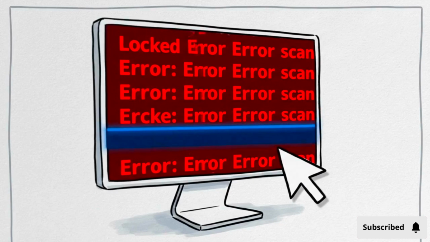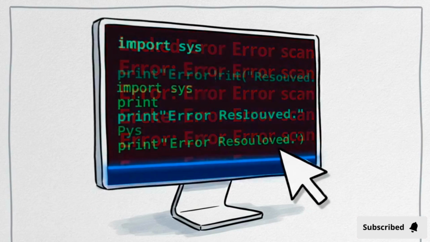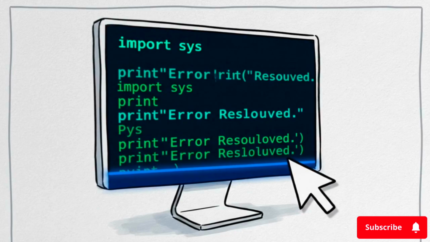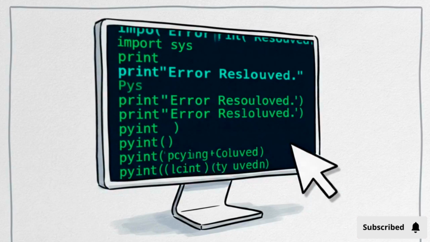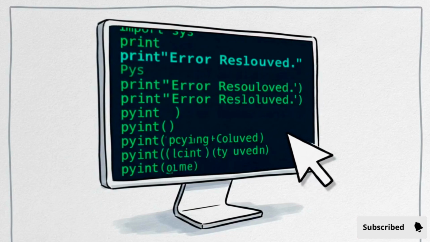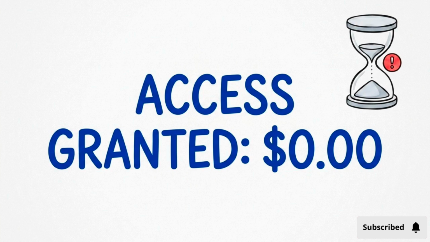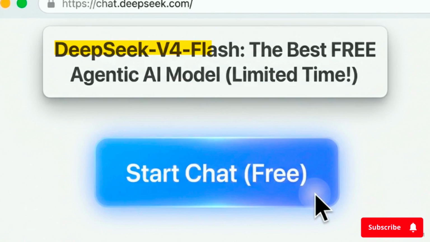DeepSeek-V4-Flash provides a 1 million token context window and specialized agentic logic, capabilities that were previously accessible only behind proprietary paywalls. For a limited time, this full interface is open to the public at no cost. We are going to use this engine to analyze 1 million tokens of raw data and build fully autonomous coding